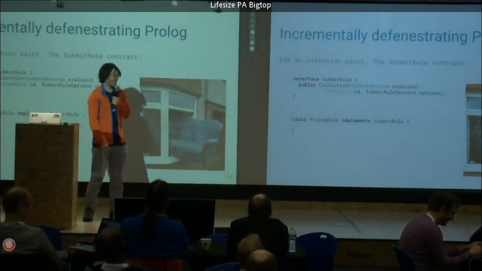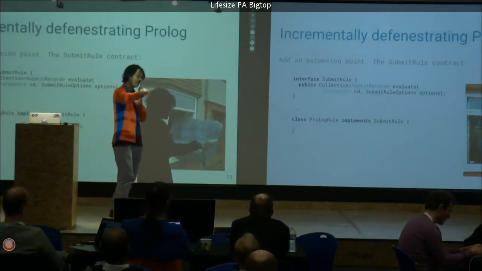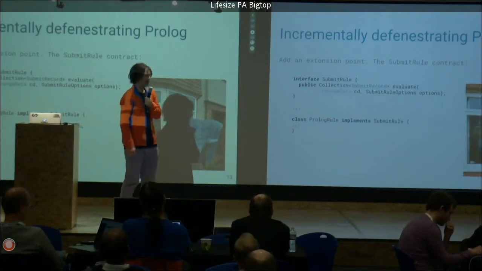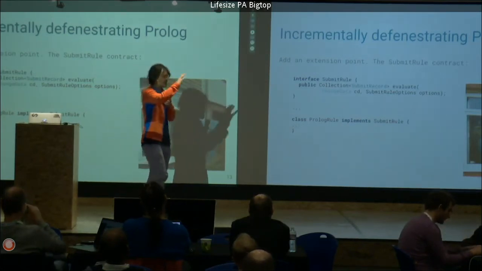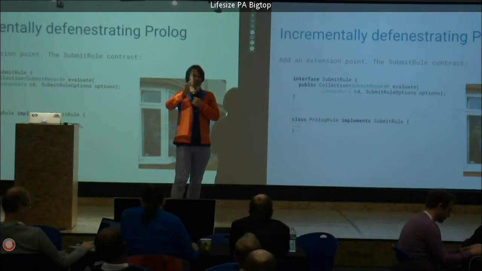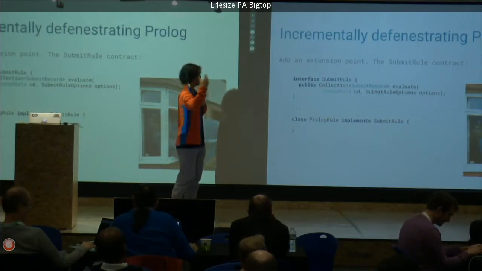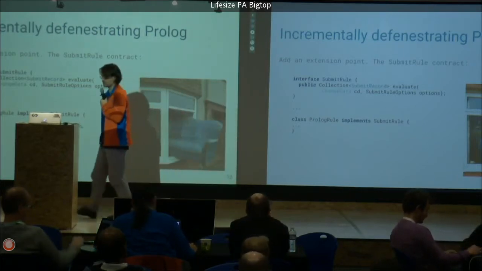Anyway, if you want to get rid of the couch, you can either throw it through the window, but then the window breaks, it makes a mess. People are unhappy, and so we can't do that. We have to do it with care. And so how do we do it with care? Well, we just take the code that we have and we insert an interface in the middle, and then hopefully we can swap out the Prolog interpreter, satisfy the interface, and we can swap it out later for something else. And so what Maxine did is